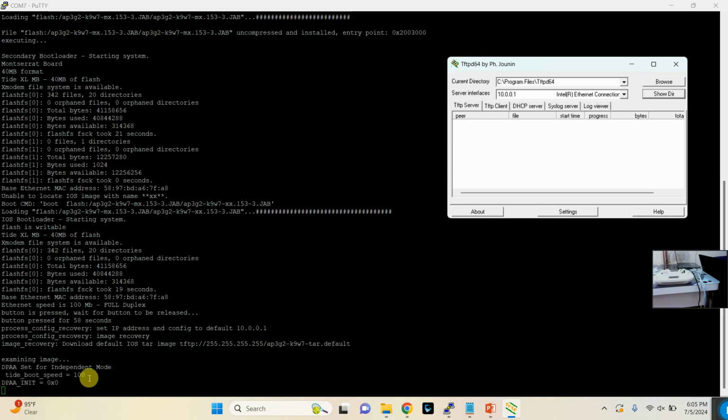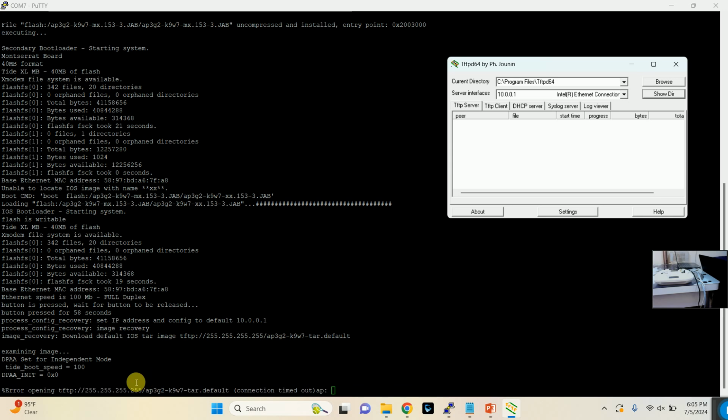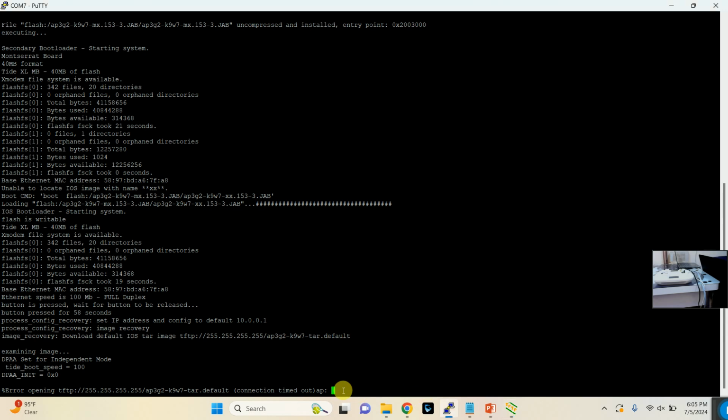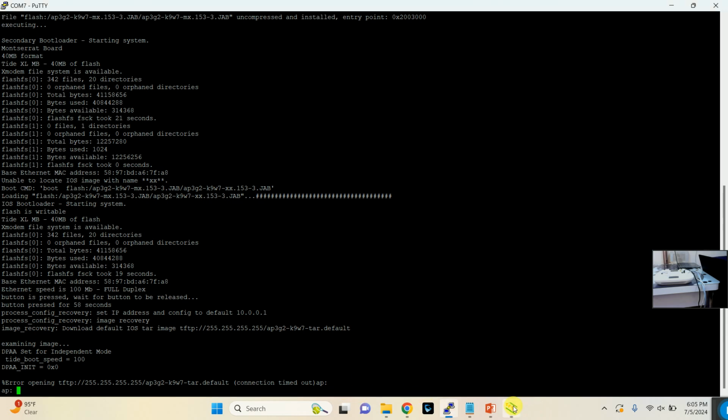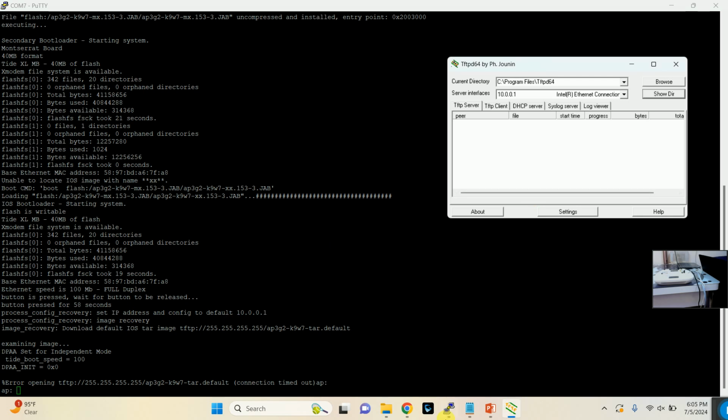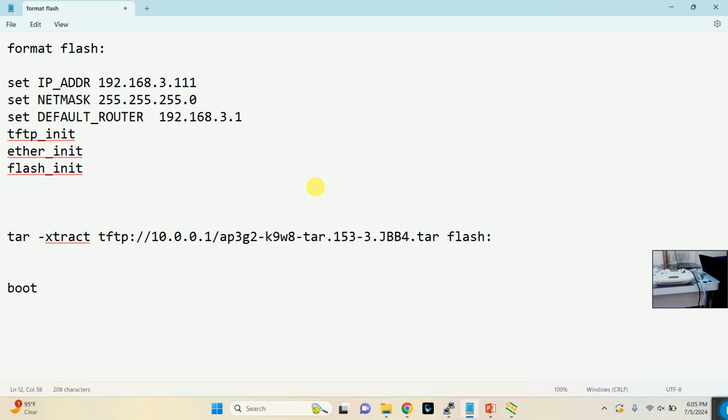This is showing the speed of 100 MB, but if you have a gigabit network switch, this will show 1000. You can see the error opening TFTP, and now this AP appears here. So we will set the IP. First of all, we'll format the flash,